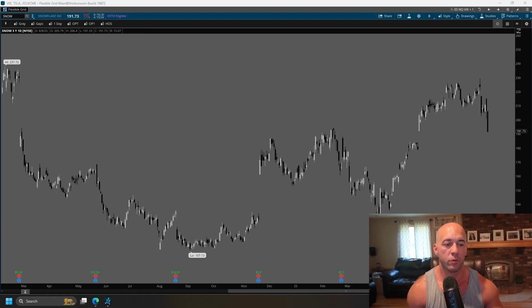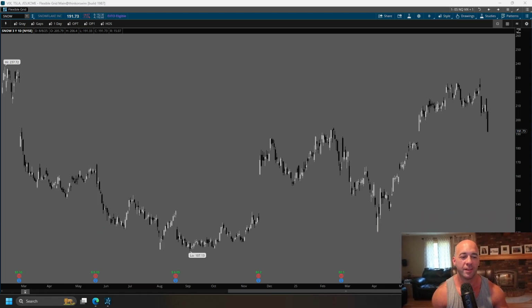I'll move myself over here out of the way, with no EMAs, no studies on, right? We just see this is a very gappy price action chart, right? We have this huge gap down. This is over a 20% gap down on these earnings in February of 2024. And since then, we have struggled to kind of move back up to this level after a year and a